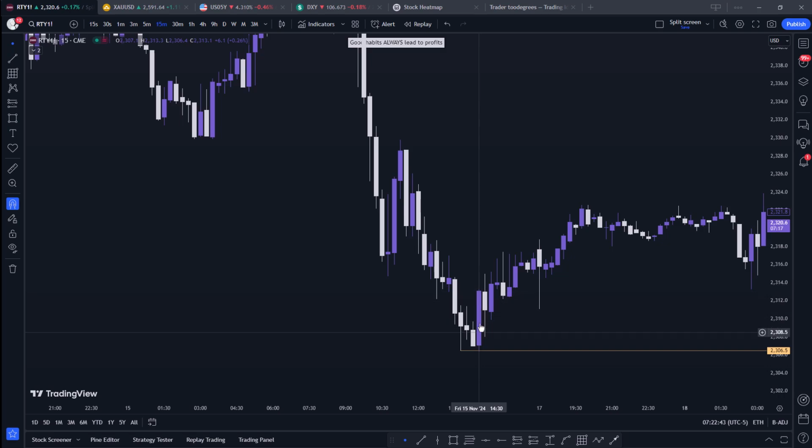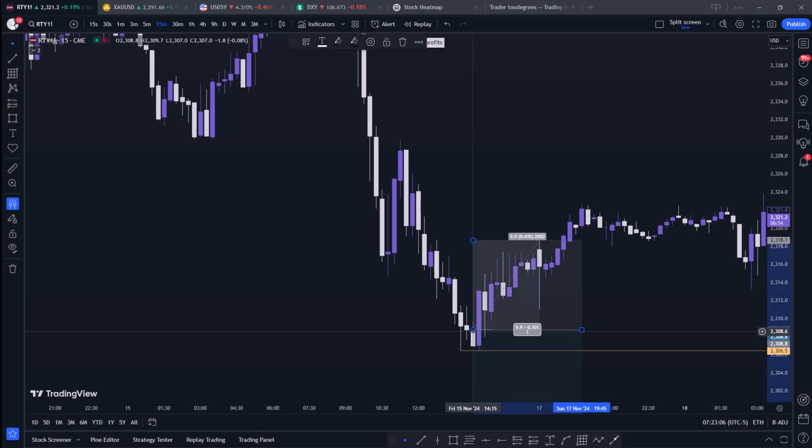This shift is what made us say that price has now changed from a sell side delivery to buy side delivery, right? And now this last down close candle becomes a bullish order block. So this shift, this CSD, or the change in the state of delivery, is what could be used as an entry. And what I mean by a high risk reward ratio is because if you are entering at the body